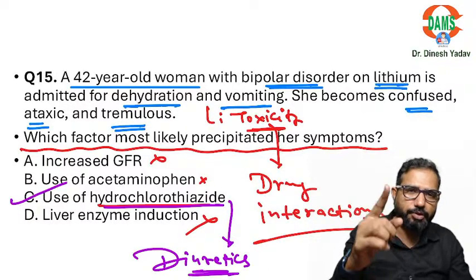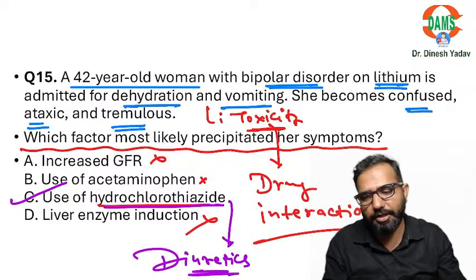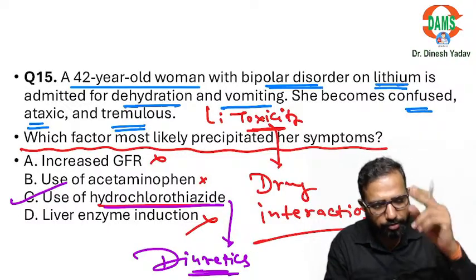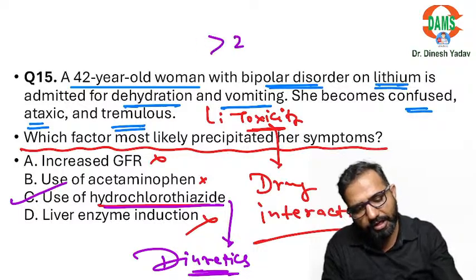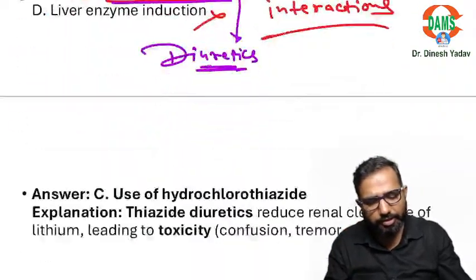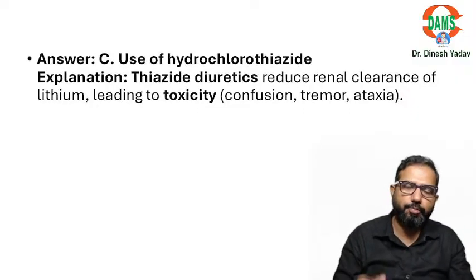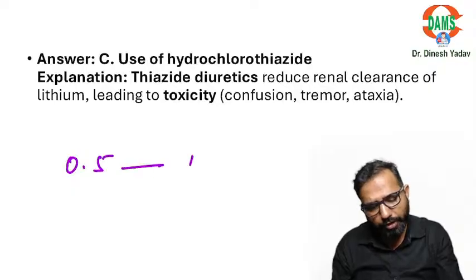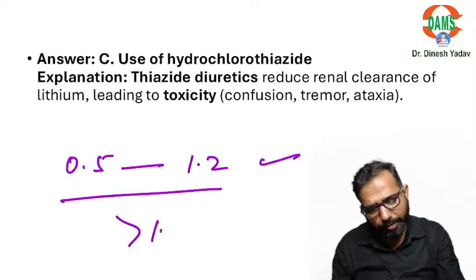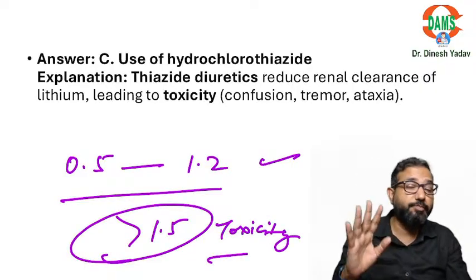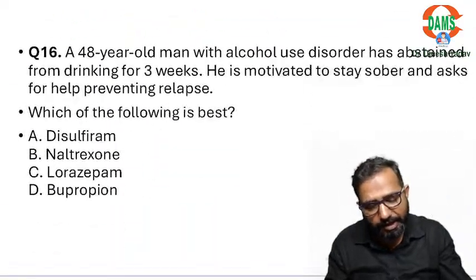The best treatment for this lithium toxicity is amiloride, the epithelial sodium channel blocker. Amiloride will be given for treating this lithium toxicity. So that is the correct answer. In this case definitely the level is more than 2 milliequivalents per liter, because there are tremors, confusion, ataxia. So definitely the level is toxic. More than 1.5 is toxic, because the usual range is 0.5 to 1.2. If more than 2, there will be symptoms, and more than 5 we need dialysis.